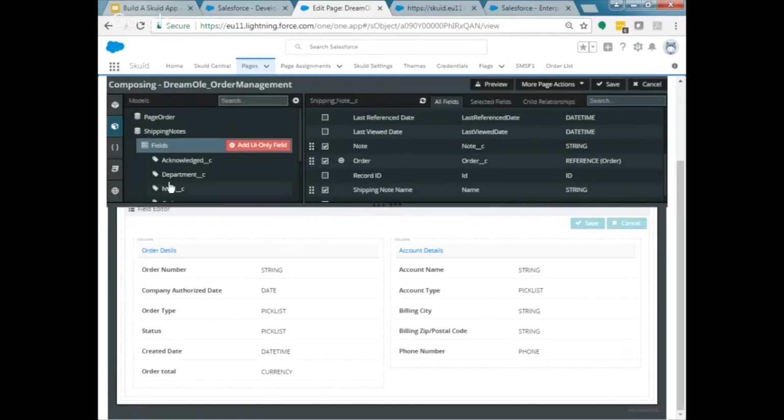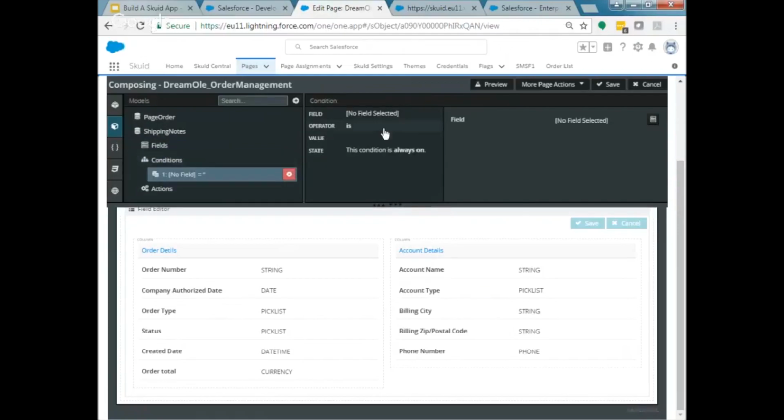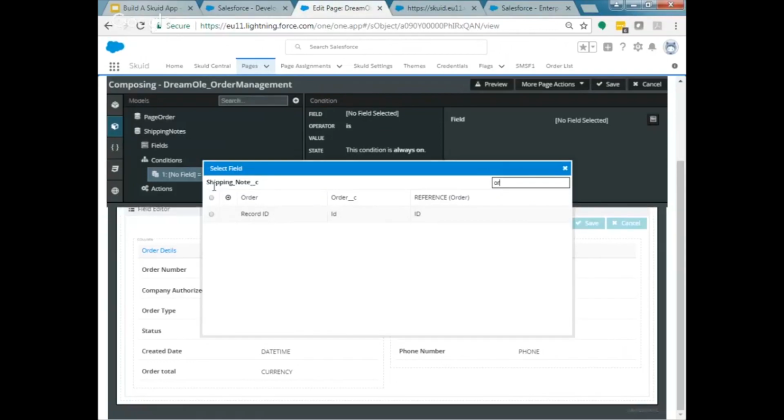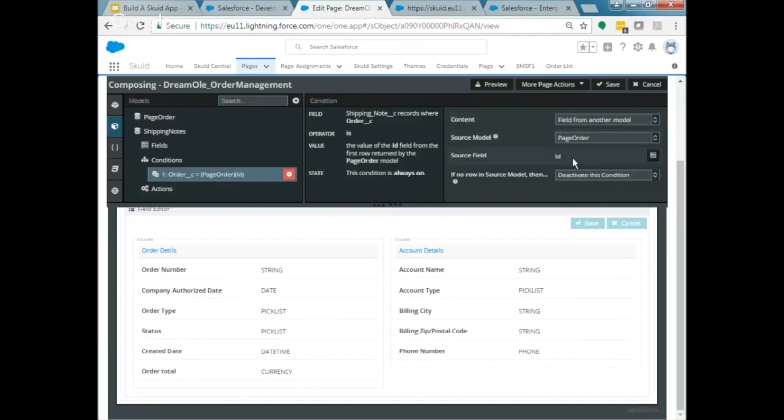Okay, we want only to display the notes for a particular order. So here we go, we'll create a condition which says that the order is from another model, it's the page order, and it defaults the ID. It makes some very good defaults for you. Okay, so now